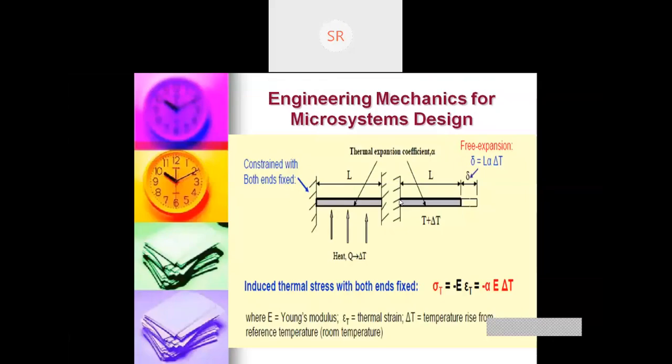Now the latest technology is that there is a thin film battery also coming into the picture. So we have thin film resistor, thin film photovoltaic cell, thin film battery. In all the cases, the material will be thin, and if some force is acting on the thin film, whether the thin film is capable of handling that pressure is very important for me. So for that, I'll be doing thin film mechanics.